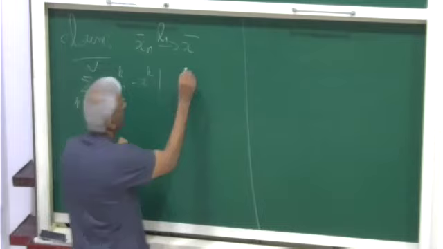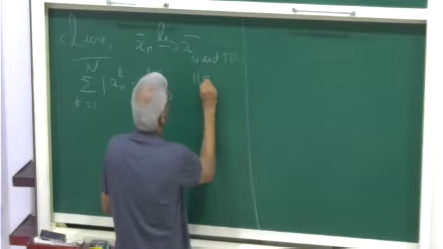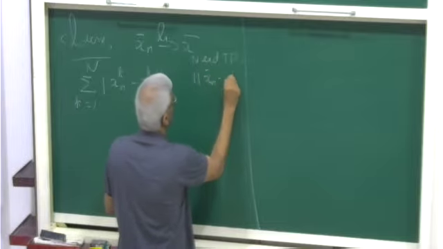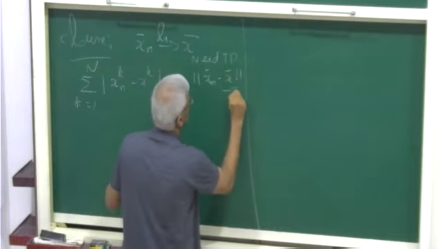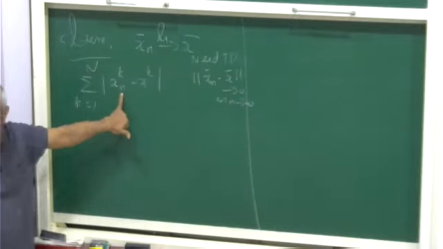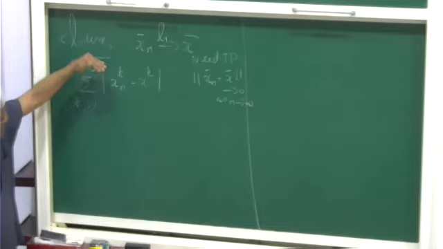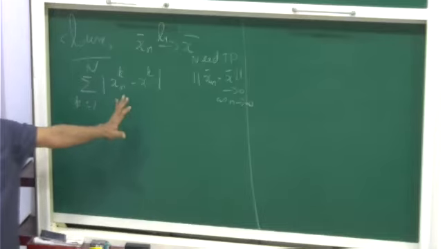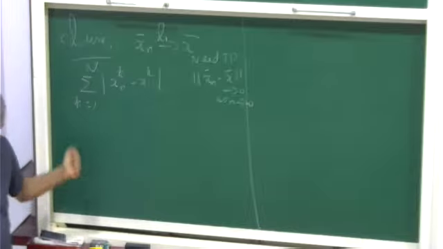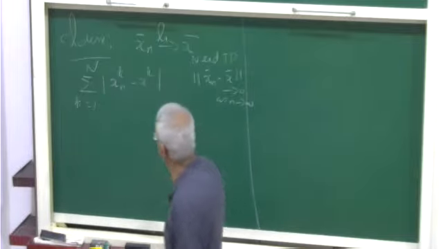We need to prove that xn bar minus x bar goes to 0 as n goes to infinity. Okay, so we have n here, we have summed over k. If you take up to infinity, that is the norm of this, and that goes to 0. That's what we have to show. That norm exists. We have already proved that this is in L1. Now we have to show that this is equal to